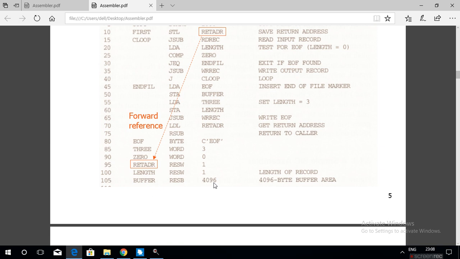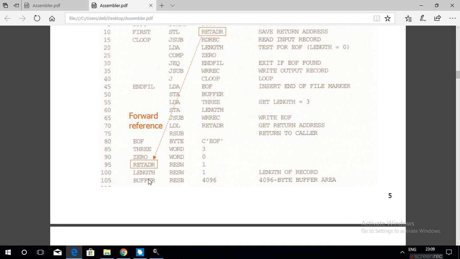It instructs the assembler to reserve a specified number of bytes, that is, a specified number of memory locations, to store the data, character data normally.